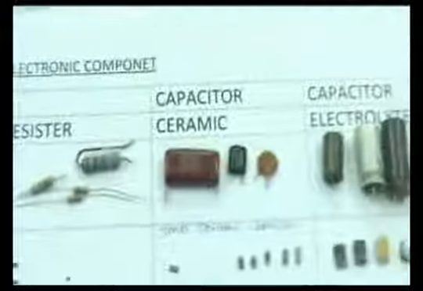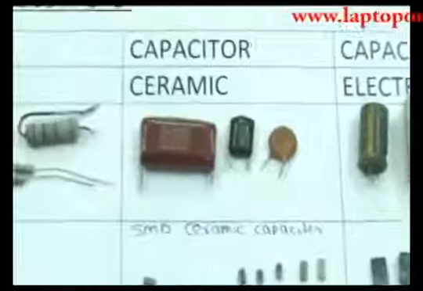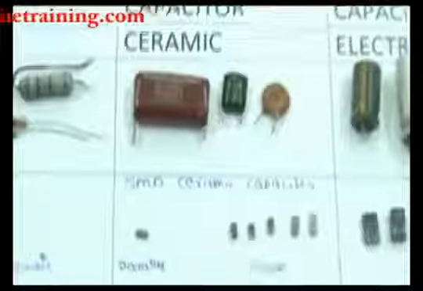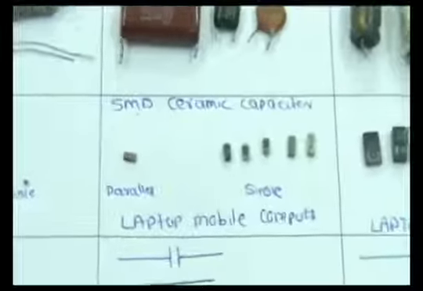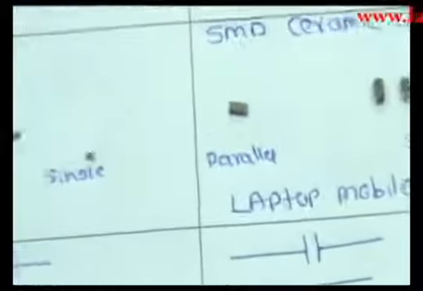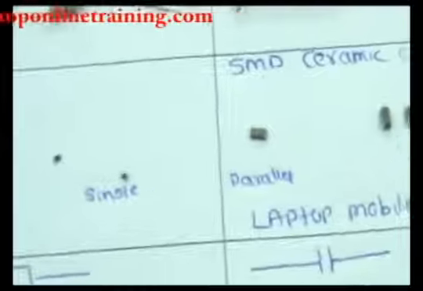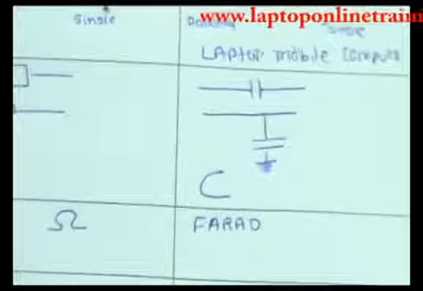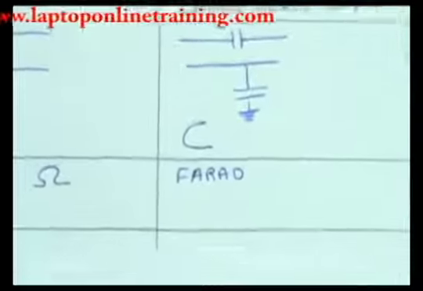Okay. Another component is the capacitor, for example a ceramic capacitor. In older circuits, ceramic capacitors will be like this. But on a new SMD motherboard, it will be like this. And these capacitors are in series. You can see 4 different connections in one capacitor, so this is 4 capacitors in parallel, and these are single capacitors, depending on size. Its symbol is like this. It will be bypassed to ground, or joined with the circuit. It is measured in farads.